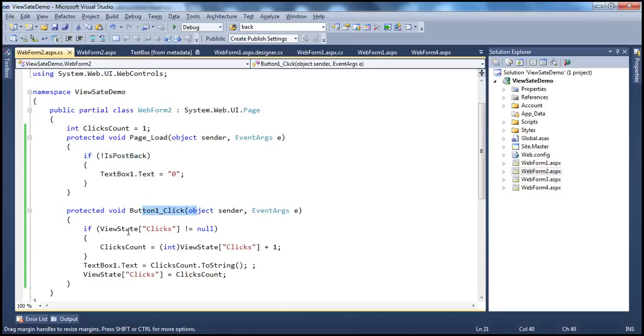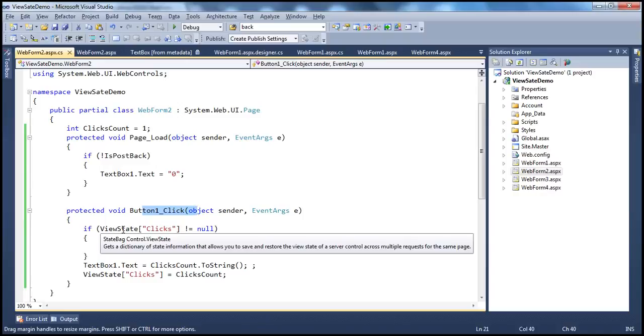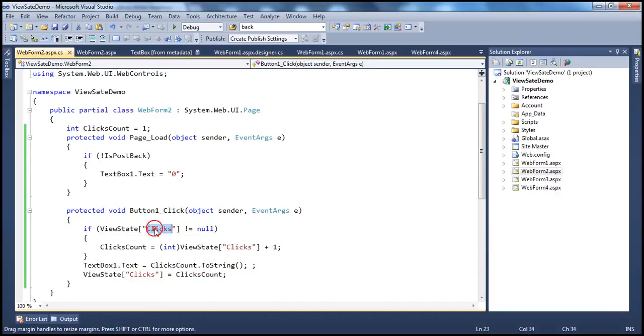And look at this: if view state of clicks not equal to null. Here view state of clicks will be null because we haven't stored anything in this clicks view state of clicks variable yet. So this will be null for the first time. So this piece of code will not be executed. So what we are doing here, we are saying clicks count dot ToString. We are converting clicks count to the string and setting that as the text property of the text box